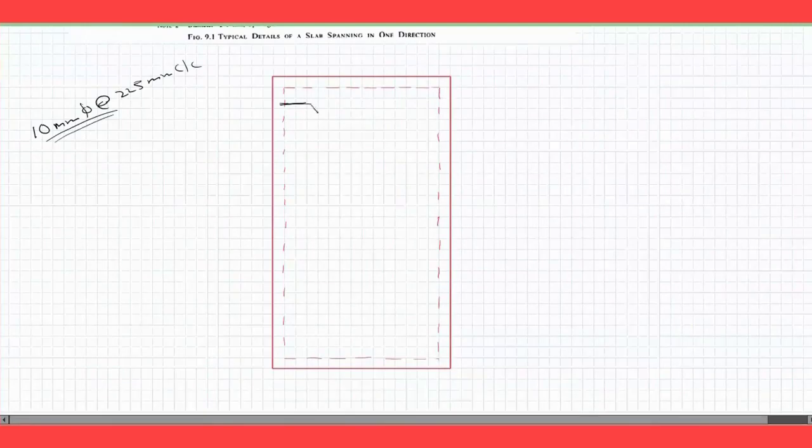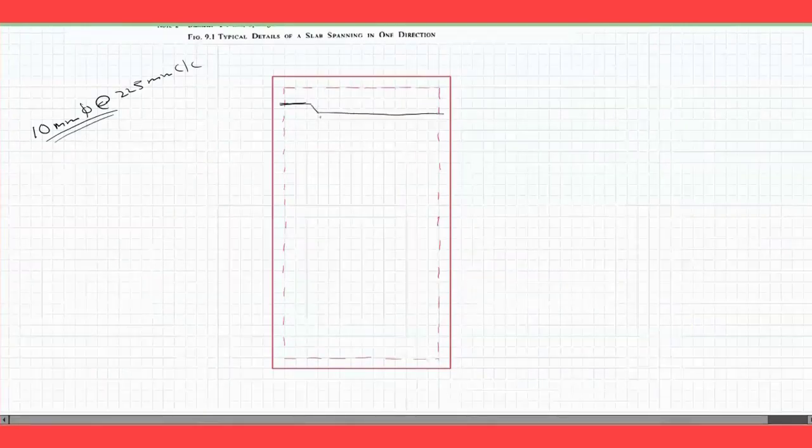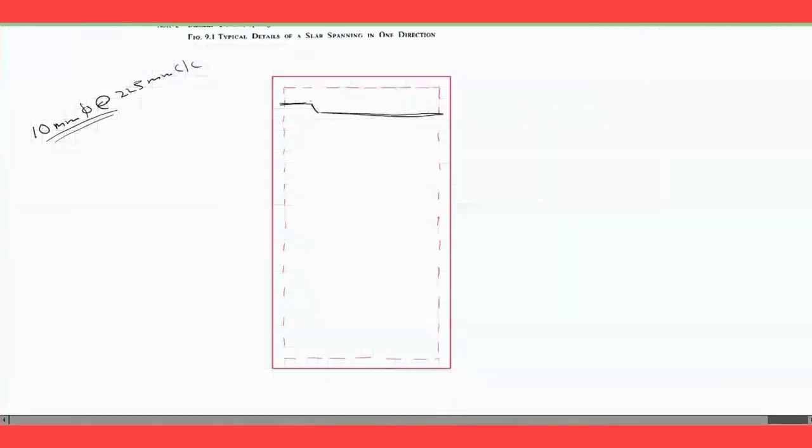So please see, this straight bar is at the bottom. Here this cranking has been done, and this bar is provided at the top fiber. Okay. Now the next bar, what will you do in the next bar? Sir, why will the next bar be cranked, why didn't we place it normally? So we have cranked it, as I said, at support you may have partial fixity.